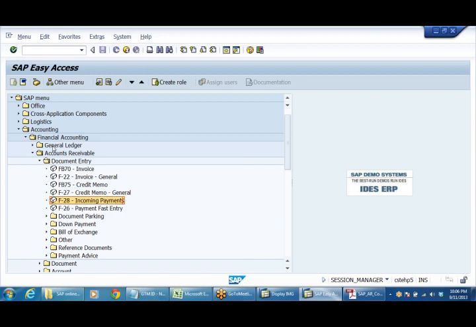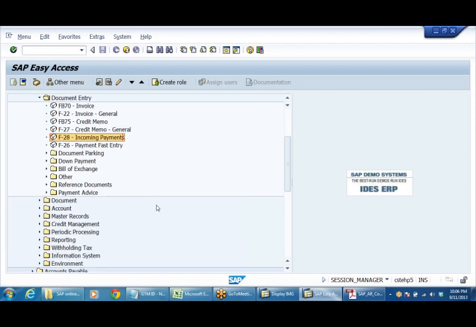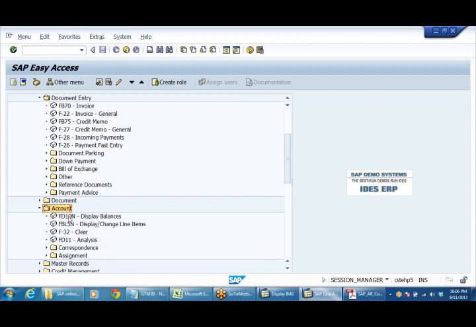So whenever you receive any incoming payment, I will clear the open item. But before clearing open item, let me show you the account. So FD10N, we are in FD10N.